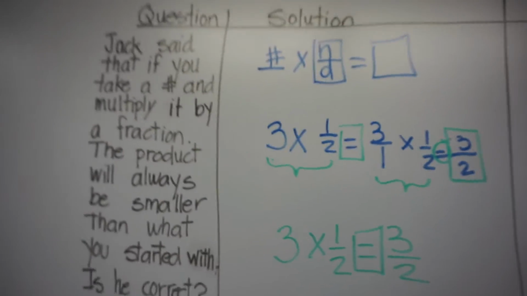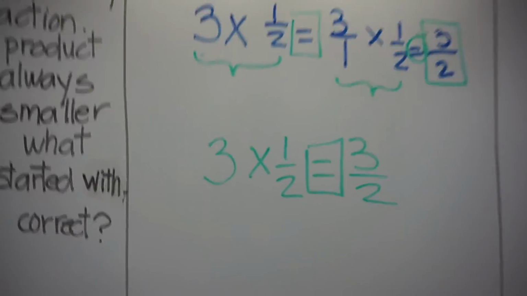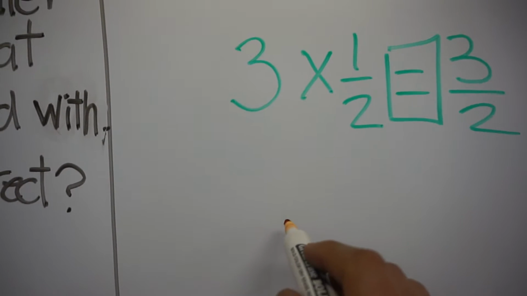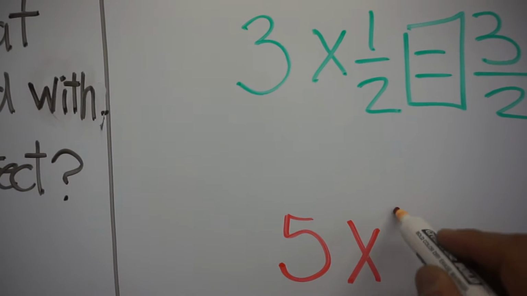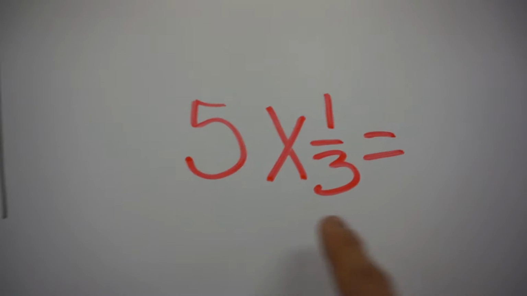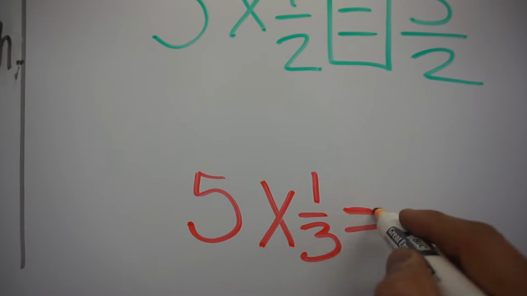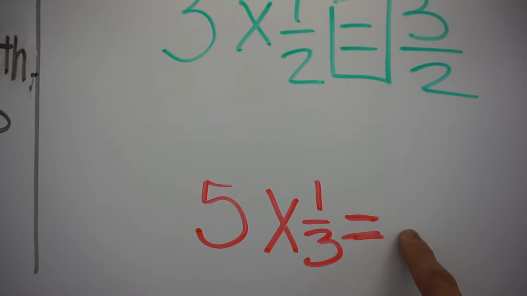Well, can we add another problem? Well, let's see if we can add another problem, my friends. Let's see if it's true. So if we have a number, let's say this time we have 5 times 1/3. So whatever is on the other side has to be the same. Oh, look at this, my friends. Here's the answer. We don't even have to solve the problem. The answer will always be,